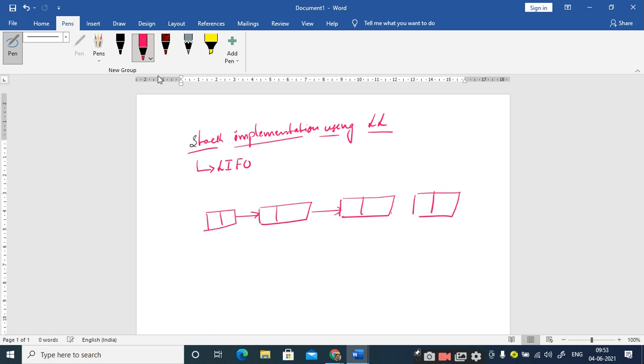Let us have these 4 nodes, and this is my last node, and it is pointed by head, right? Are you able to see this diagram? Yes, sir. Right. So first of all, I should concentrate on insertion, right? What is the push operation? Push is nothing but inserting an element at the top of the list. So where is the top of the linked list? Is there any pointer like top here?